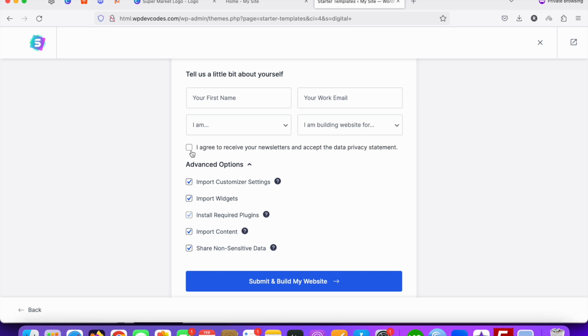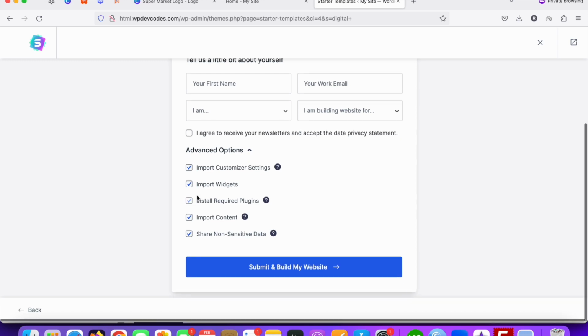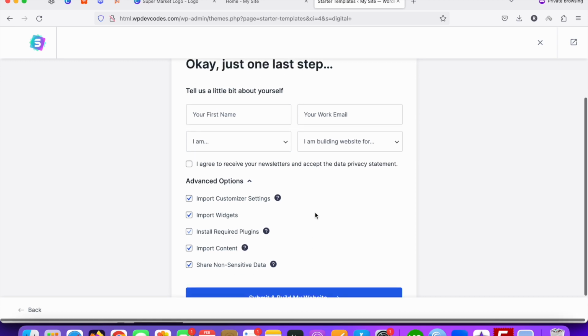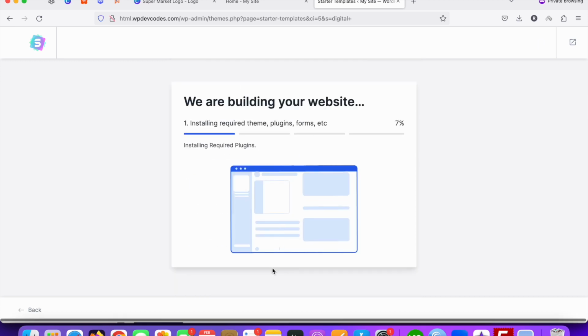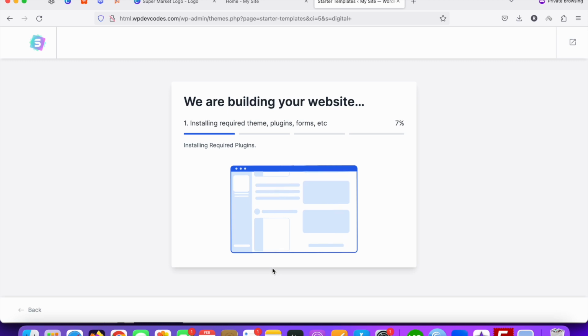You can check or uncheck whatever you want, and these checkboxes need to be checked, and the required plugins will automatically install. So I'm clicking the Submit and Build My Website button. Just click on this button, and now you can see